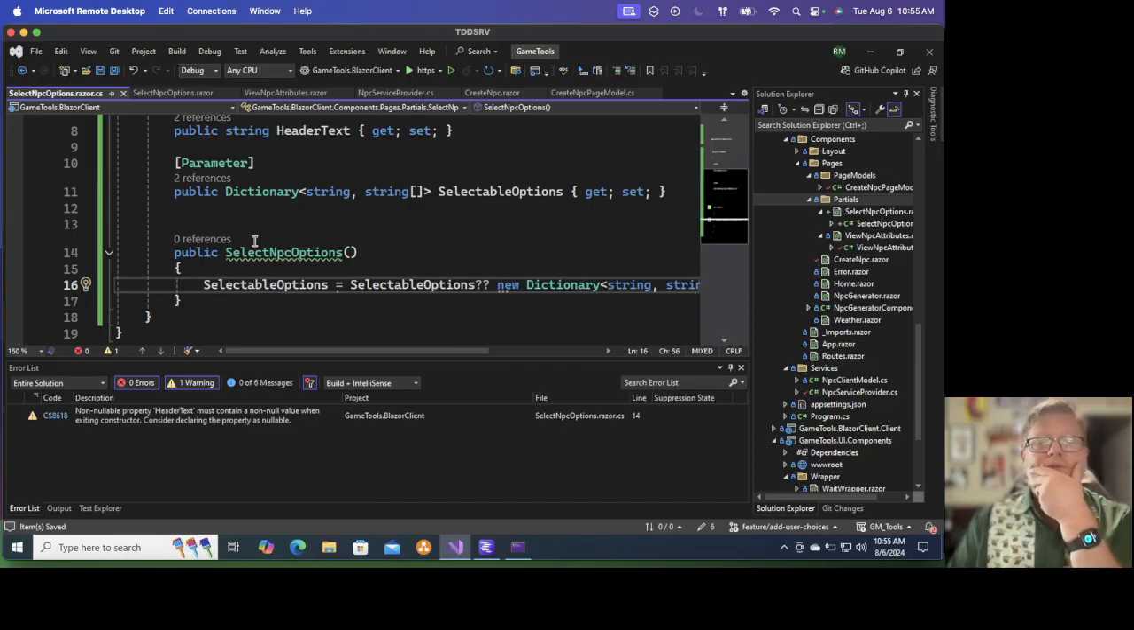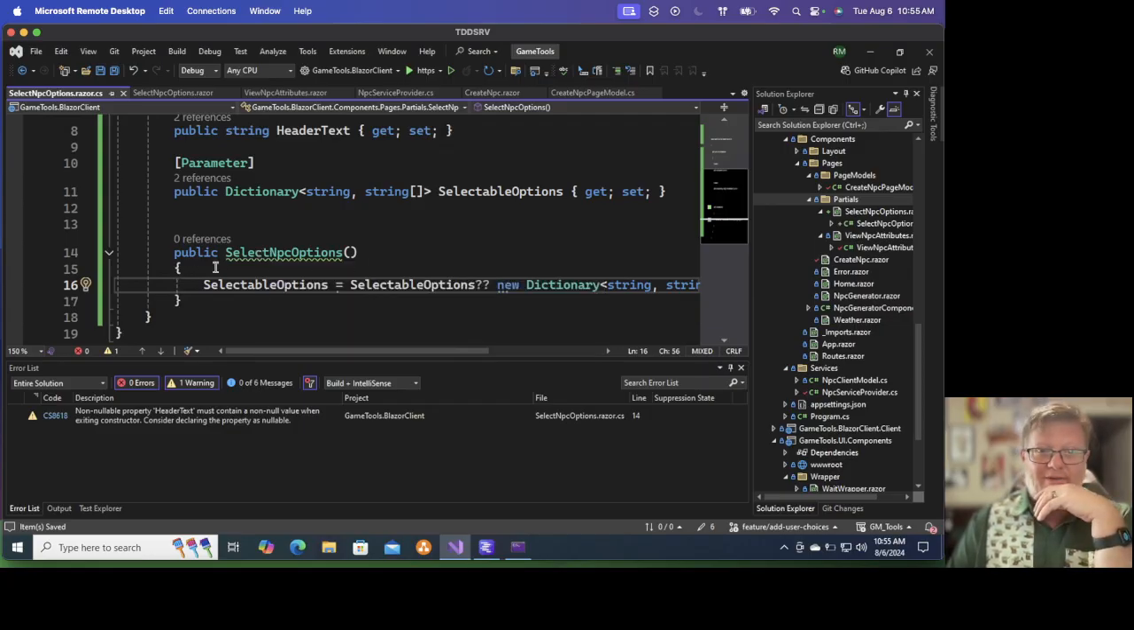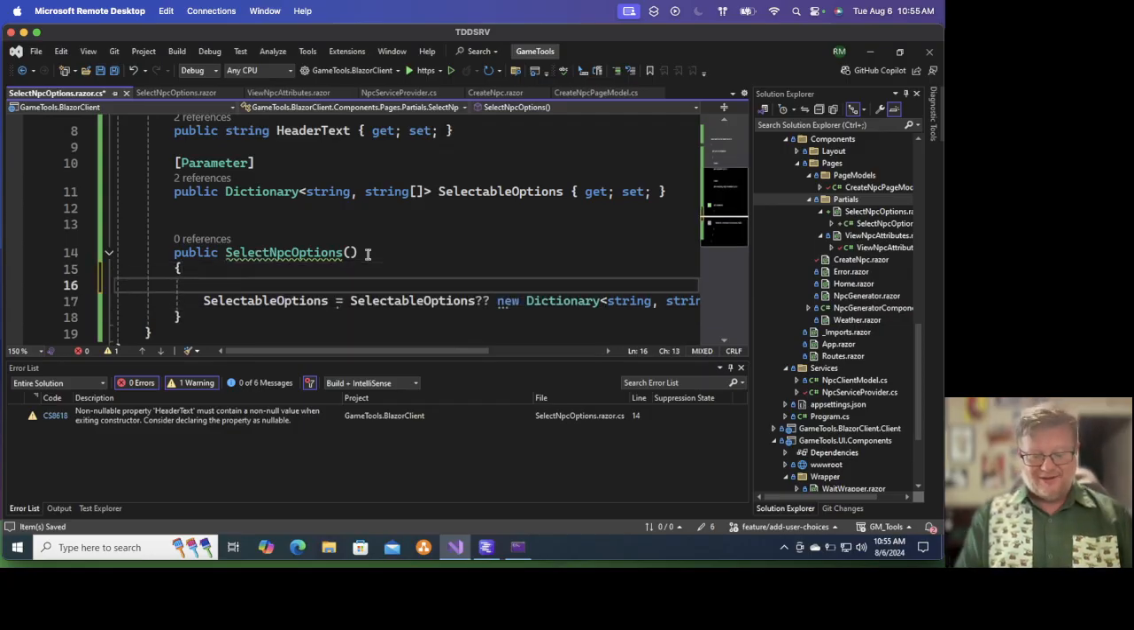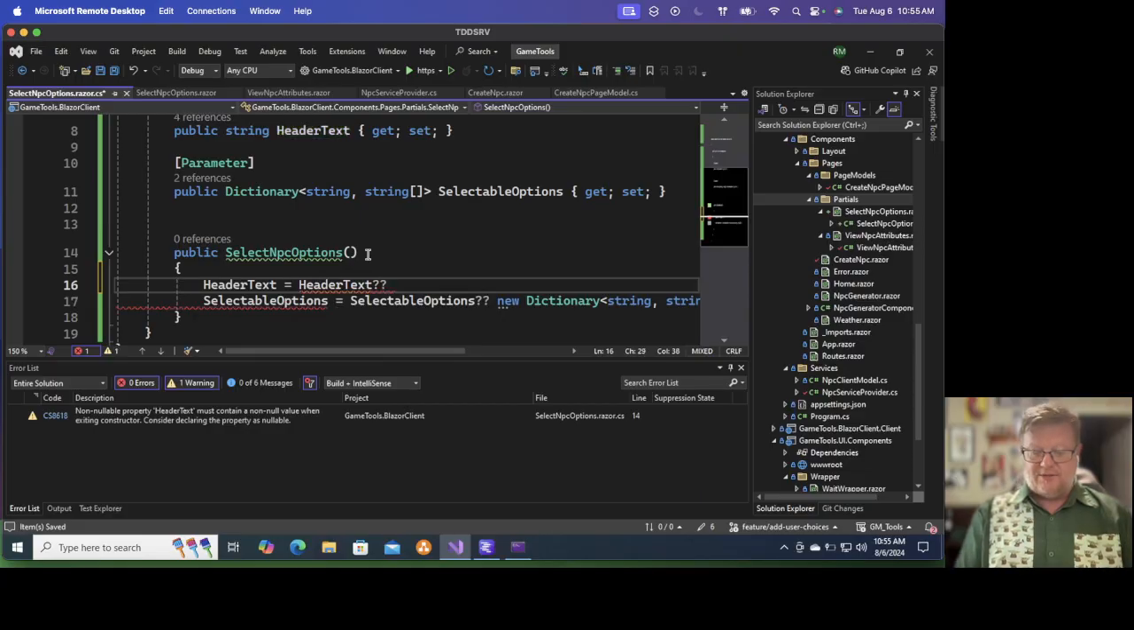Save. What are you complaining about? Header text? Yeah, whatever. Header text equals header text, but if it's null,